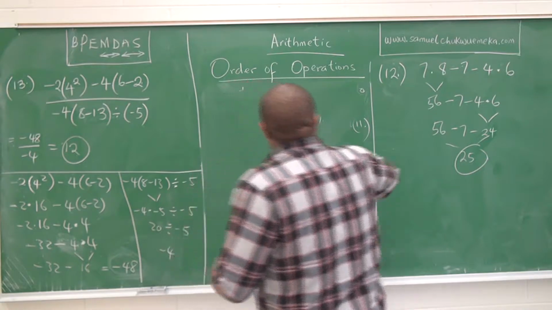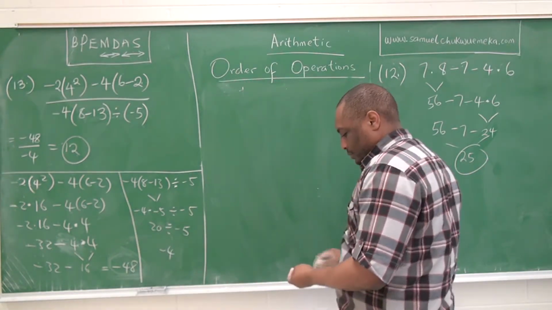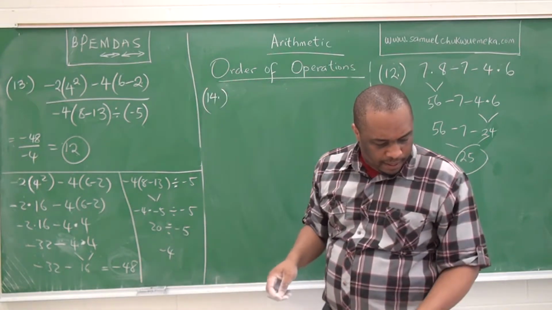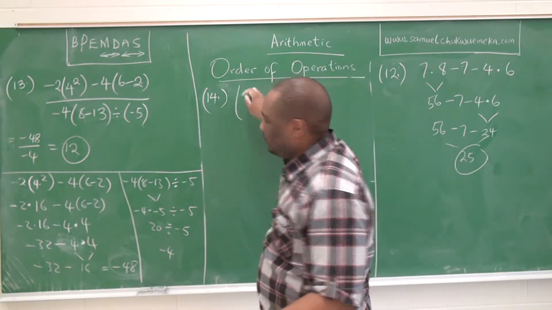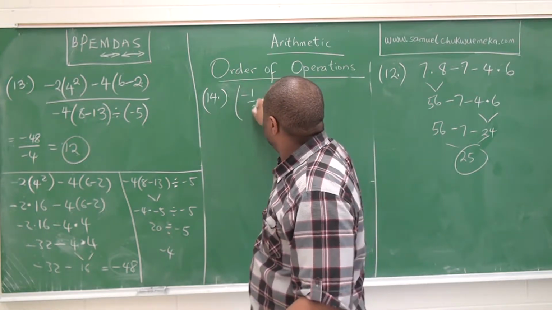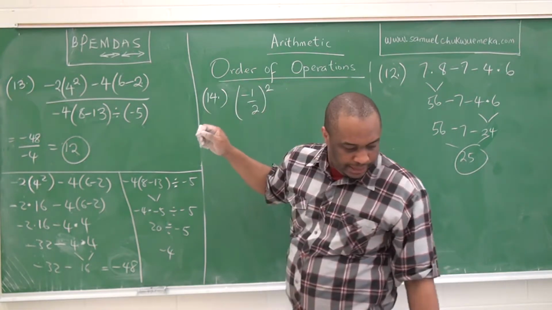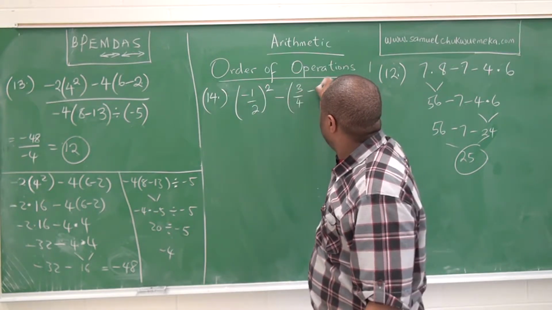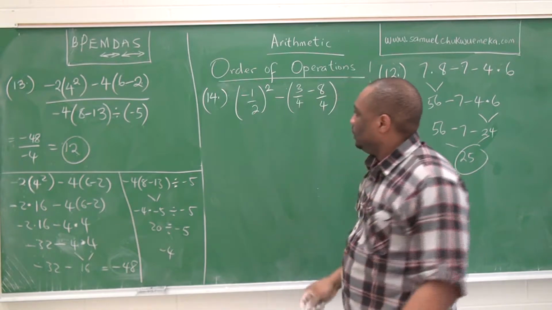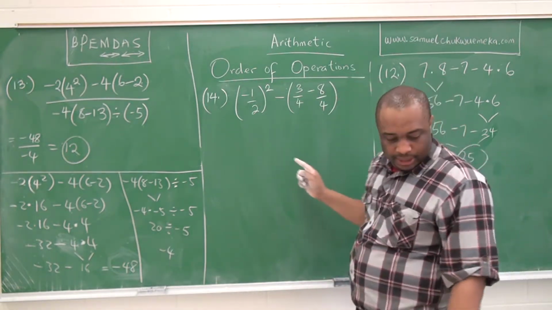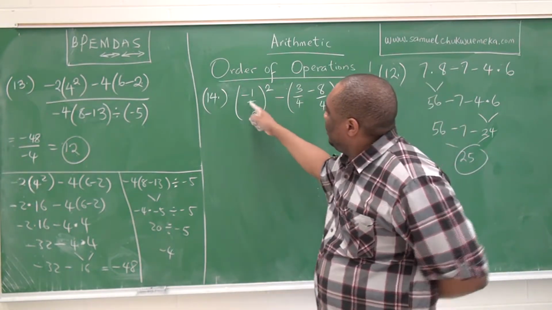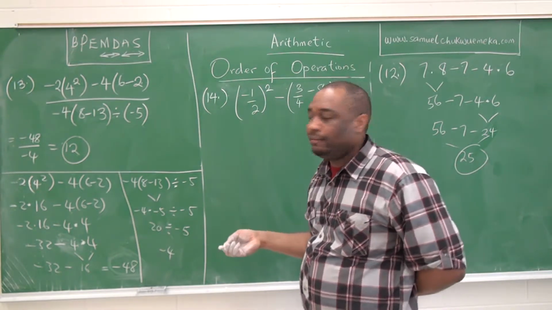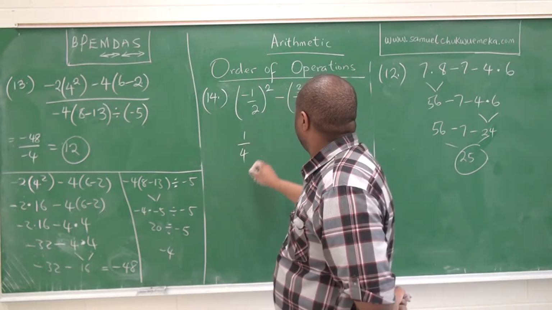Number 14. At least some of these examples will help. Let's look at fractions in this case. Just simple fractions, don't be scared. Minus 3 over 4 minus 8 over 4. Here, negative 1/2 all squared means negative 1/2 times negative 1/2. That gives you 1 over 4. Okay? Minus,